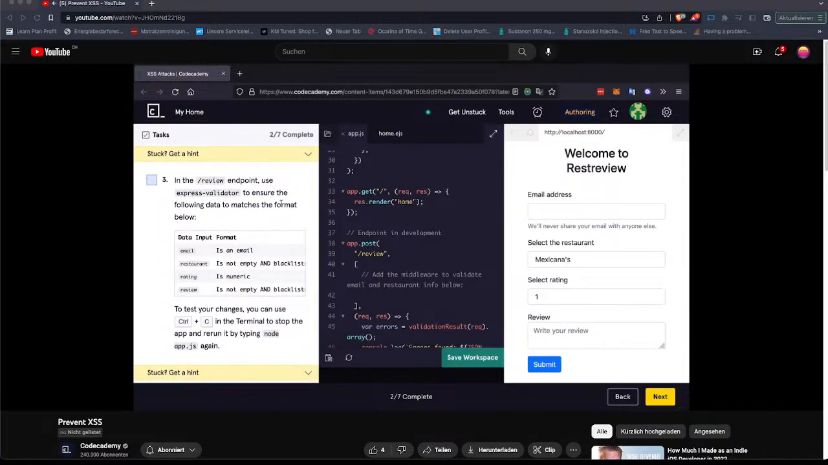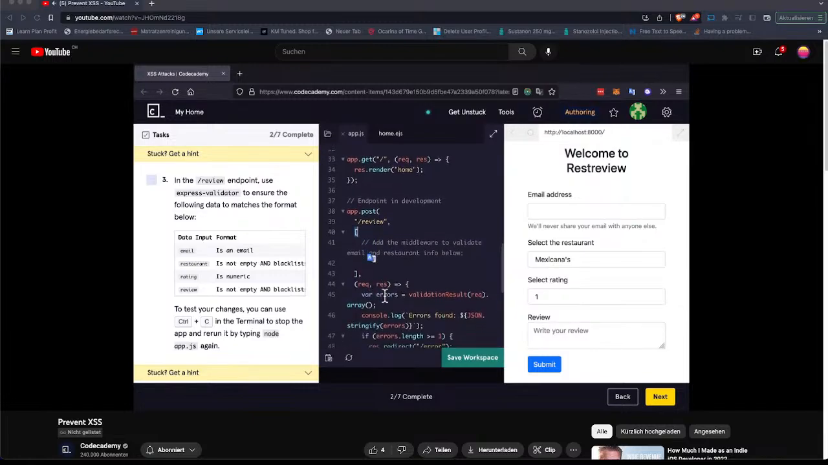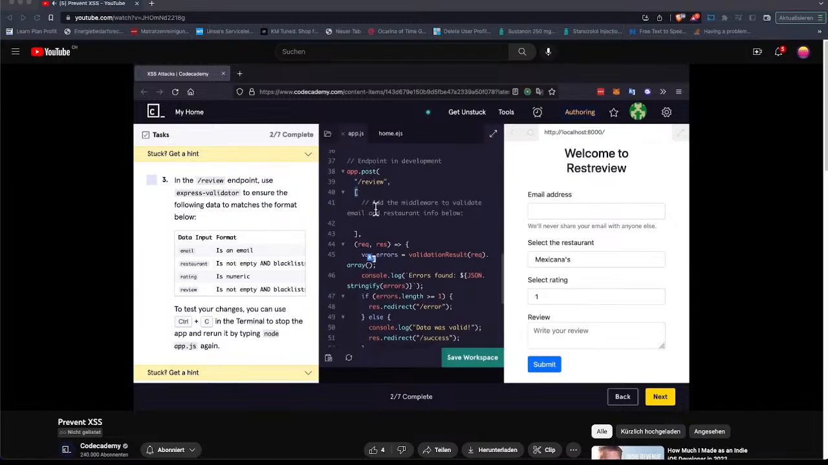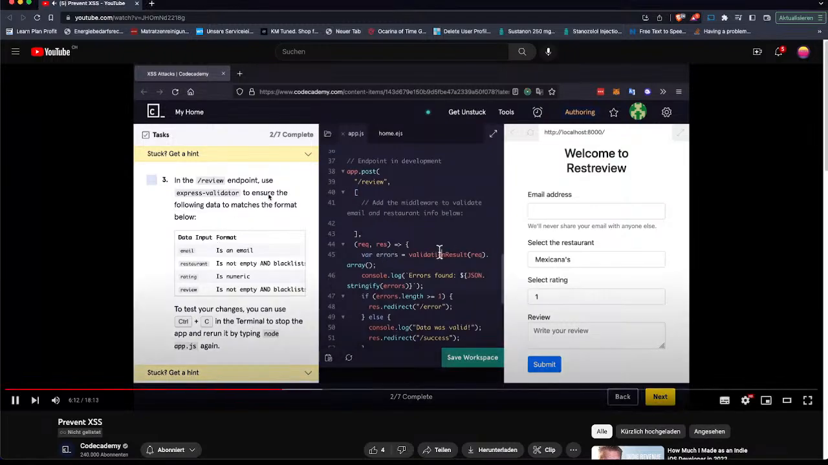We'll be using Express Validator to ensure that the following data matches the format below. So here's where we'll be adding the middleware to validate the email and restaurant info. Now, if you're unaware of how Express Validator works, there are different kinds of methods we can use to validate certain data. We're going to be using it as middleware here, and we're adding it as an array before the request and response is actually processed. You'll see after we pass the middleware within our callback, we have an errors variable that will check for the result validation to make sure that